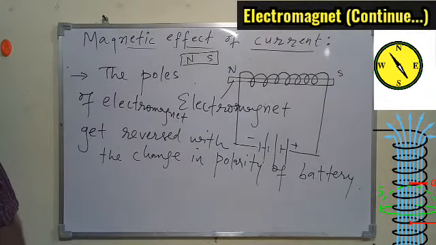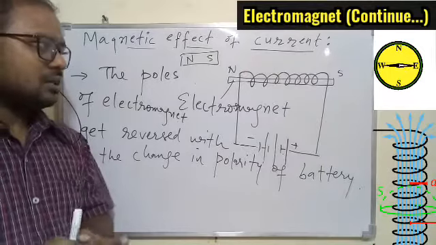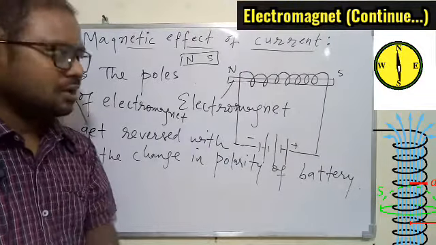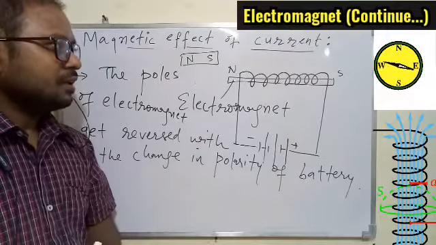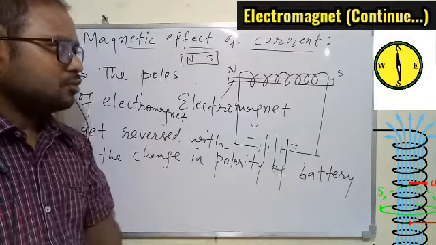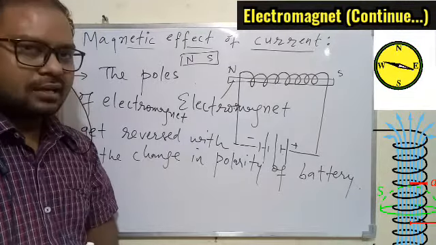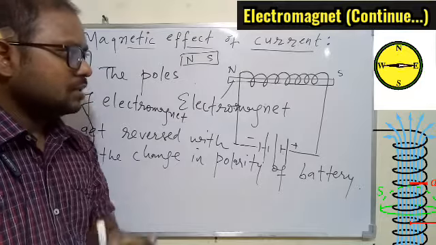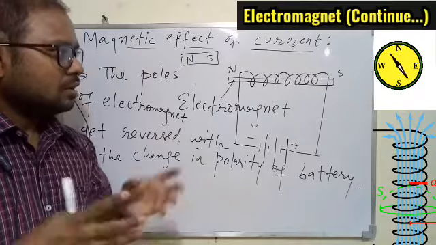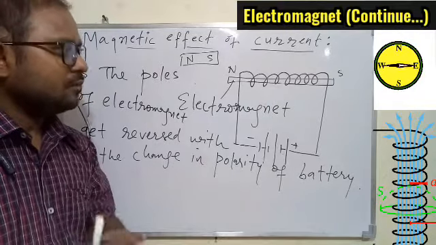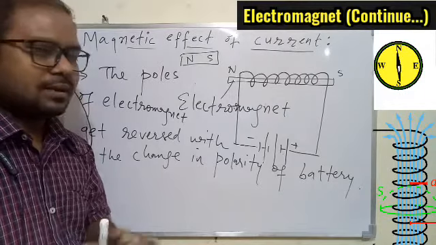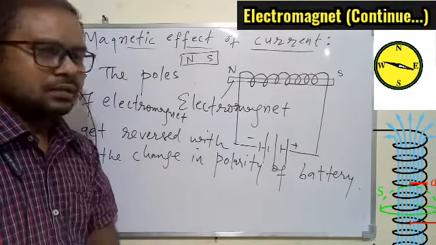So I hope you understood this much, that is, the electromagnet is nothing but a magnet made with the help of the solenoid. That is, magnetic material gets magnetized when placed in the magnetic field within the solenoid, and this electromagnet is a temporary magnet. That is, it will behave as a magnet only till the current is flowing through the circuit. Once the circuit will be switched off, the material will get demagnetized, because in the absence of the current there will be no magnetic field. Am I clear?